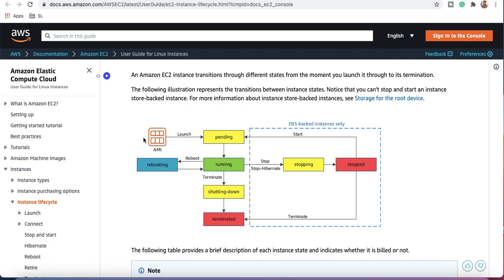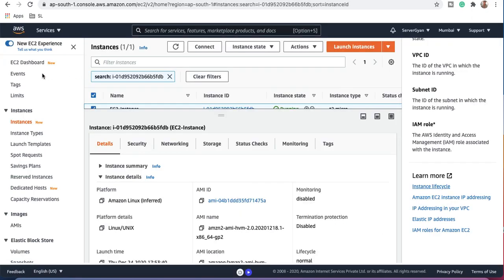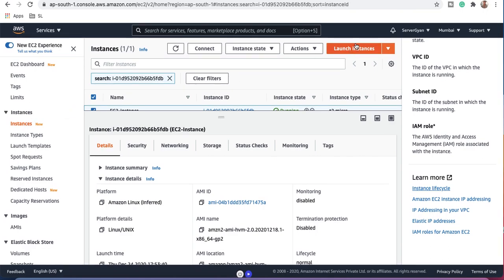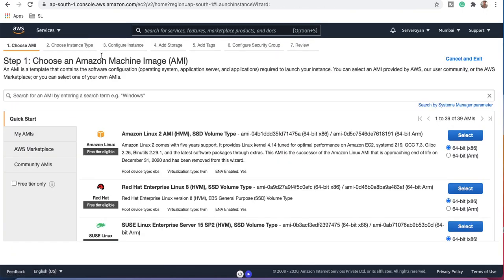So guys, first of all we have AMI, which means Amazon Machine Image. This is used in order to launch an instance. So what is AMI? Let us say if we go back here and try to create an instance, whenever we are going to select this image, it says choose an Amazon Machine Image. AMI stands for Amazon Machine Image, and someone can ask what is AMI? So guys, an AMI is a template that contains the software configuration like operating system, application server, and applications.